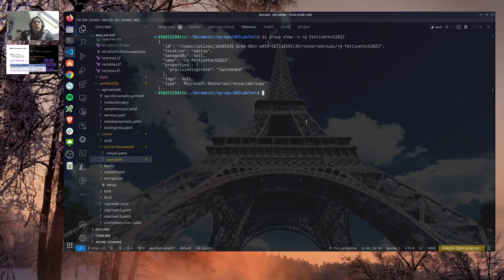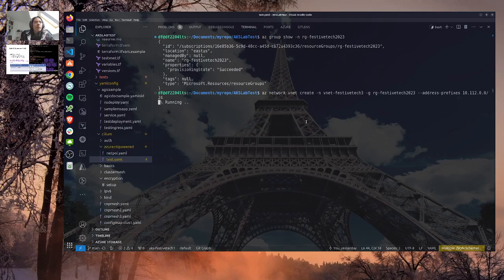I want to do a network, so I will do az network vnet create, name vnet-festive-tech-3 because I already created 1 and 2, with the resource group rg-festive-tech-2003, and we specify the address prefix, which will be small because we don't need a lot of IP addresses: 10.112.0.0/24.